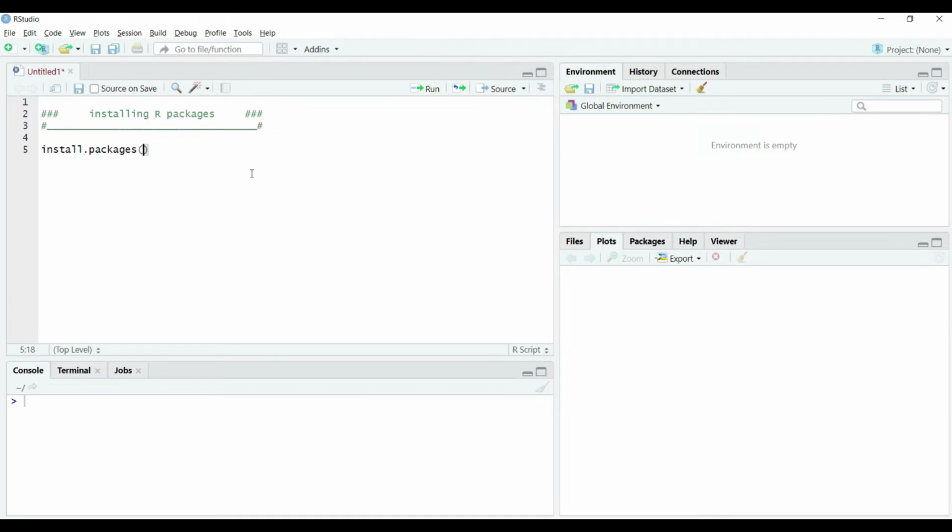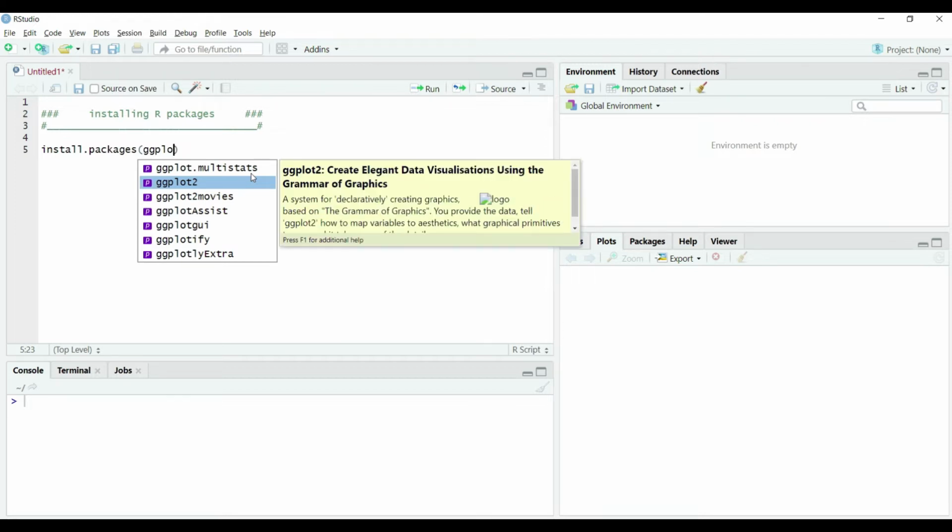Then within the selected function, let's say we want to install the famous package ggplot, which is very widely used for beautiful scientific plotting. The moment we start typing the package name, starting with a small letter g, the editor will start showing the list of suggested packages whose names start with g, and typing another g will shorten the list to packages which contain a double g at the beginning of their names. As we can see on the screen, just highlight the package we are interested in, which in our case is ggplot2, and hit the tab key to complete the command on the script.